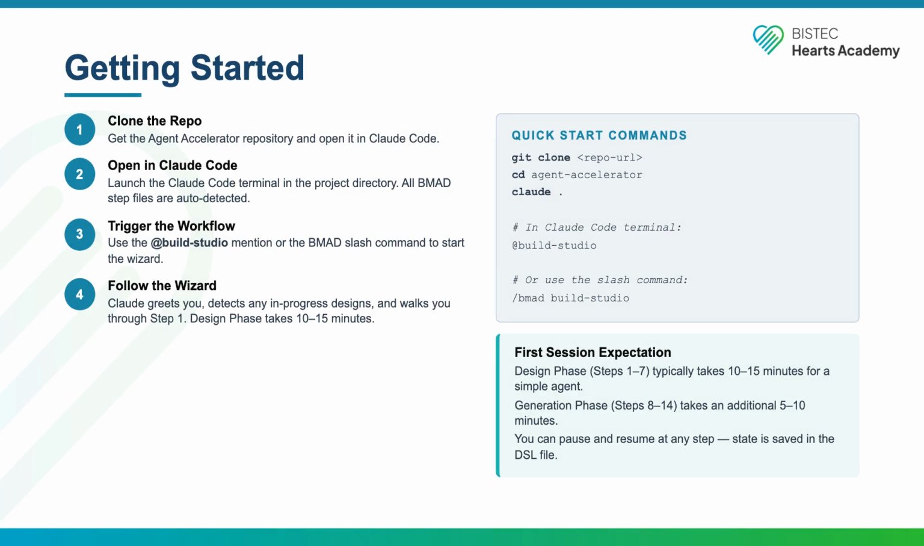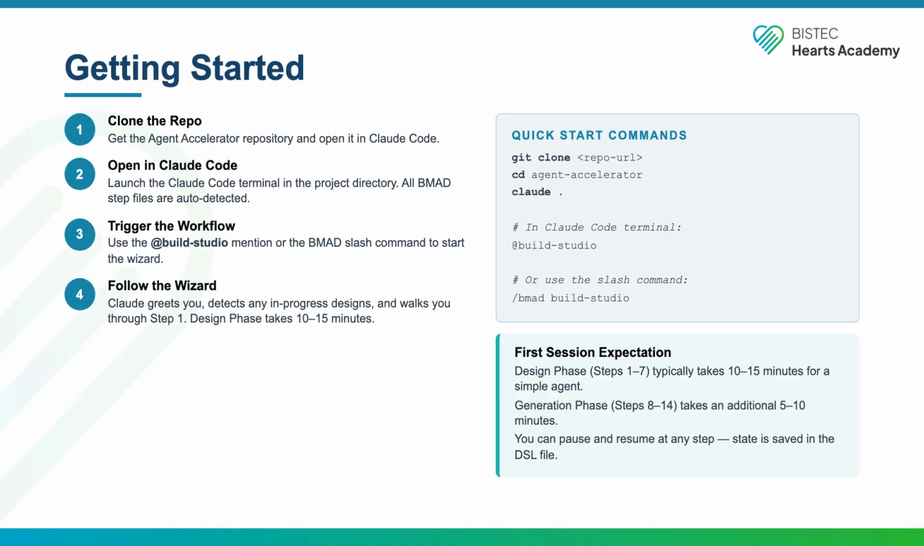Getting started with Build Studio takes 4 steps. Clone the Agent Accelerator repository and open the project directory in Claude Code using the claude command with a dot. Then trigger the workflow, either by typing @Build Studio in the Claude Code terminal or by using the bmad command. Claude will greet you, check whether any in-progress agent designs already exist in the repository, and walk you through step